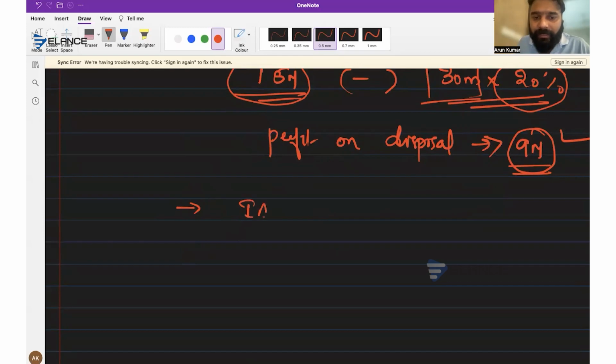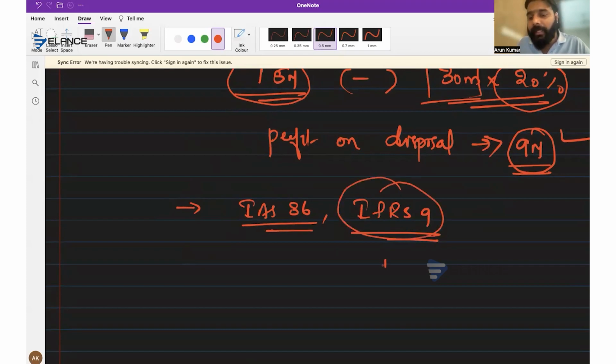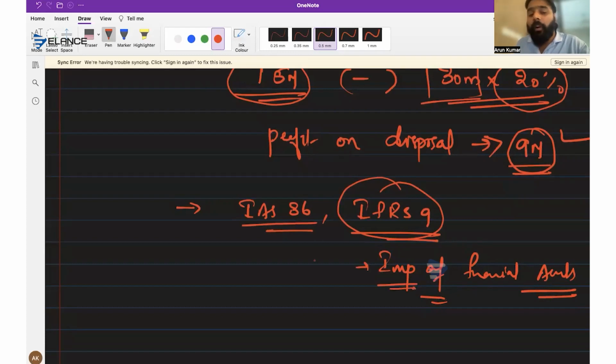One is IAS 36. Because of climate change, we know that many assets will get impaired. Many industries will not have better sales, especially agriculture and similar sectors. So IAS 36 impairment is a very important standard we have to focus on. Then IFRS 9, that is impairment of financial assets, because many banks will not be able to recover their loans during these periods. During this pandemic period, there's a higher chance that the banks won't be able to get their money back. So we have to consider impairment of both physical assets as well as financial assets.